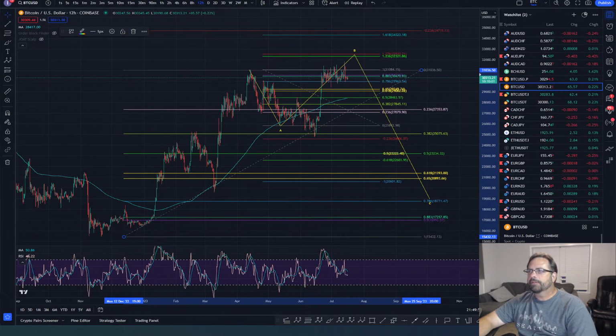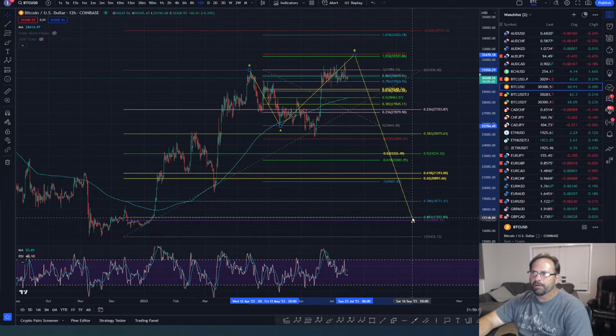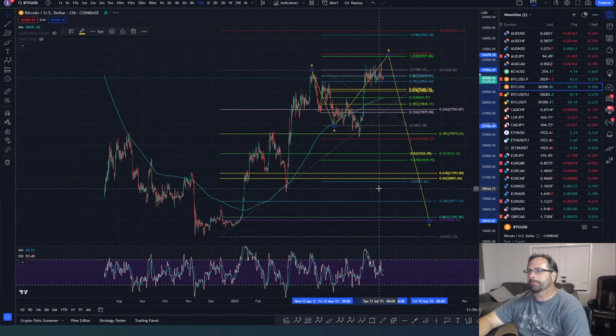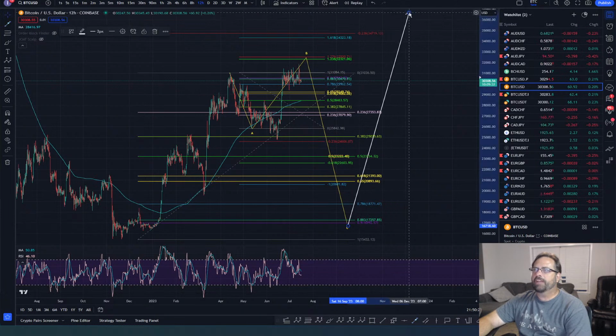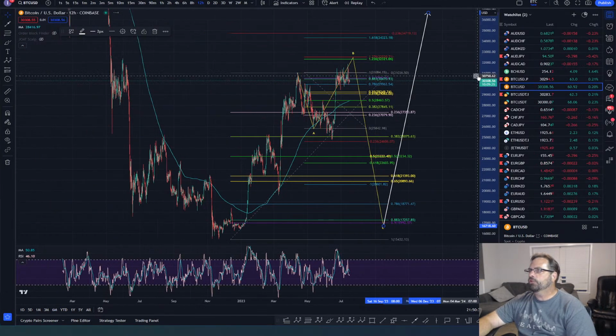If it is, then how long will it take? We can watch the fibs. Here's the 618, 786. The 90% is right down here at 16.9, 17,000 range. I'd love it to come back 90%, because if it does, then it could shoot up just as fast, a V-shaped recovery, and then go up and hit $50,000 like I was expecting before. So we'll definitely look at the stock market shortly, but back.